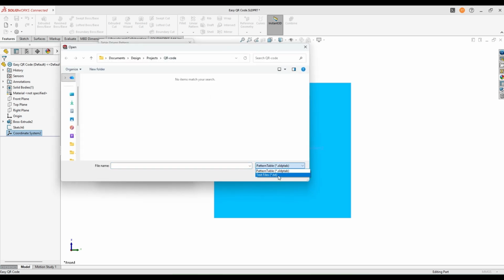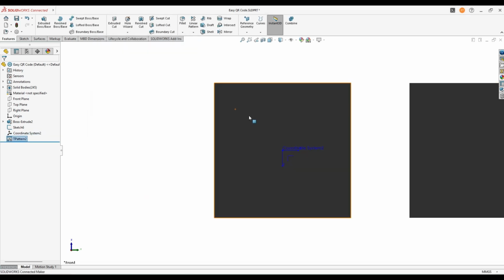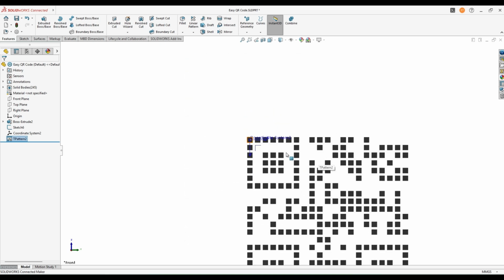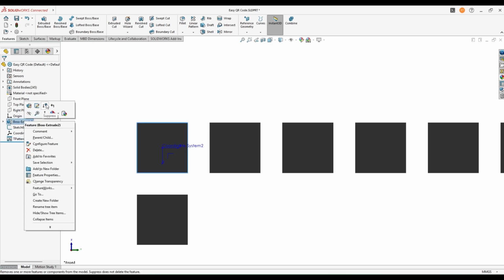I have the text file in this folder, QR test name. What it's going to do is load XY coordinates from the text file that I have created earlier. And now it's going to copy those blocks, so you can see it start looking like a QR code.